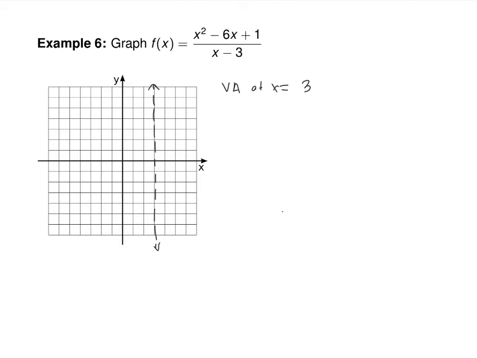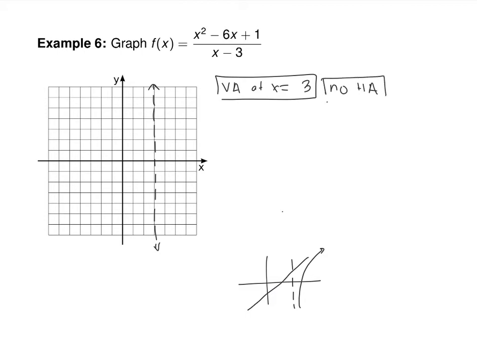This function will have something called a slant asymptote that we're not going to discuss yet. But slant asymptotes are things where they're slanted lines and your function approaches that slanted line as x gets large. Okay, so we'll talk about those on Monday, but this has that, but we're not going to discuss it. Not yet, anyway. Okay, so a VA at x equals 3, and there is no HA. And the reason there's no horizontal asymptote is because the numerator's power is bigger than the denominator's, right? Okay, and so then just pick some numbers on either side of